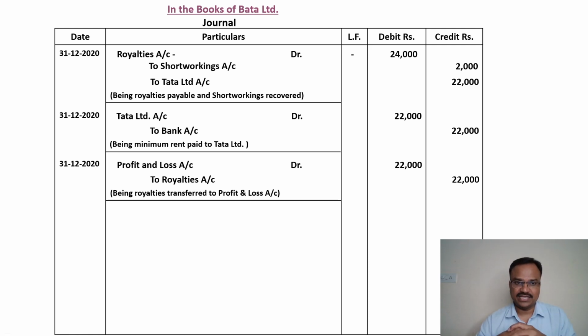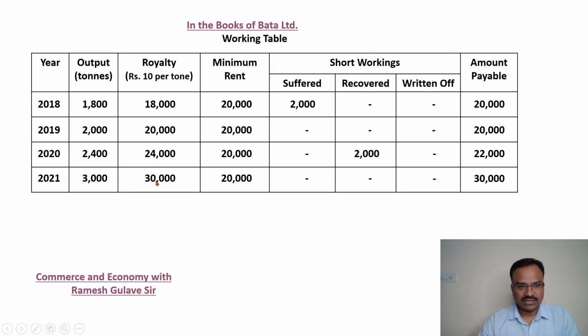Okay, so here you must have observed that these three entries get repeated for every year. Only there is adjustment related to the short workings, and if short workings are recovered, it gets credited. If short workings are suffered, the short working account gets debited, and if short workings are written off, they are transferred to the profit and loss account, right? Now let us generalize the entries or pass the entries for 2021. For 2021, royalties are 30,000 because output is 3,000 tons. So for this year,